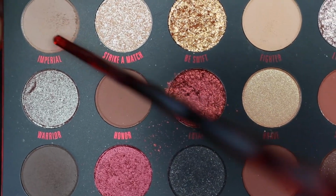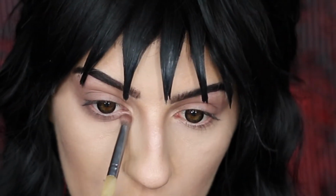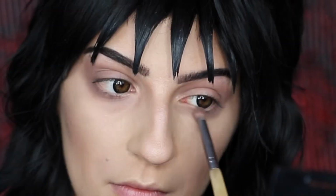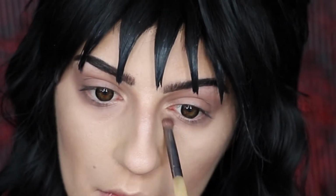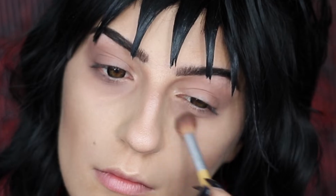I'm then going to be going into Imperial, and I'm going to be applying this under my lower lash line, definitely making sure to blend this downwards because we're going to be starting to create her eye bags. I'm now moving on to a fluffy brush to do this to definitely help blend it downwards a little bit more